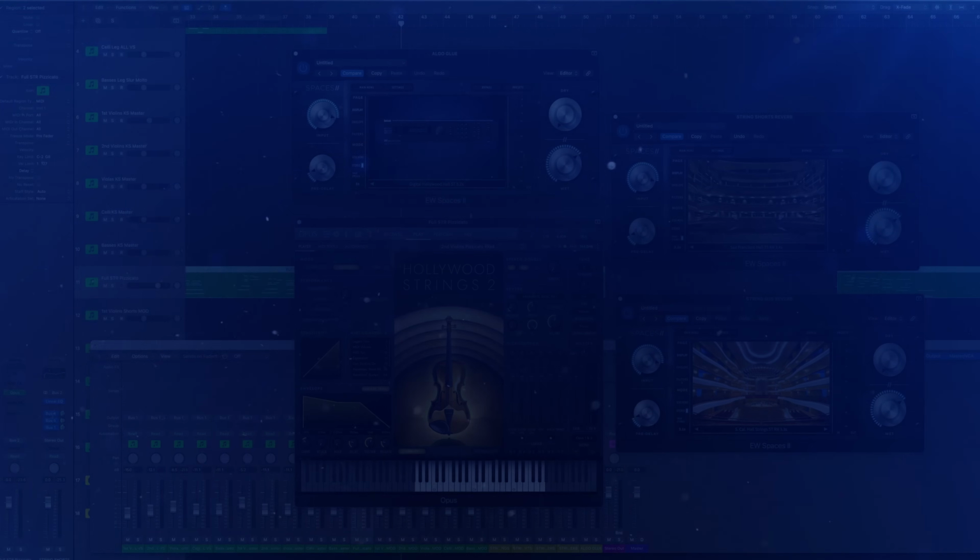So this is one of the reasons why routing is so important. It's not just a workflow thing, it can actually change the sound of your entire mix. Now, as this relates to reverb, the general idea here is that you want to be sending processed signals to your reverb auxiliary tracks. There are a few exceptions to that, which we'll get to later on in the video, but that's kind of the big idea in this section. So let's go ahead and start exploring reverb.